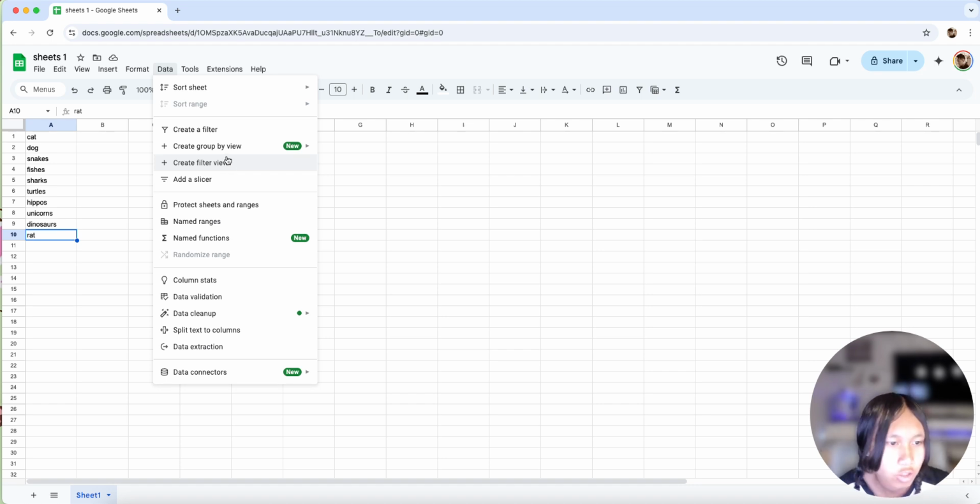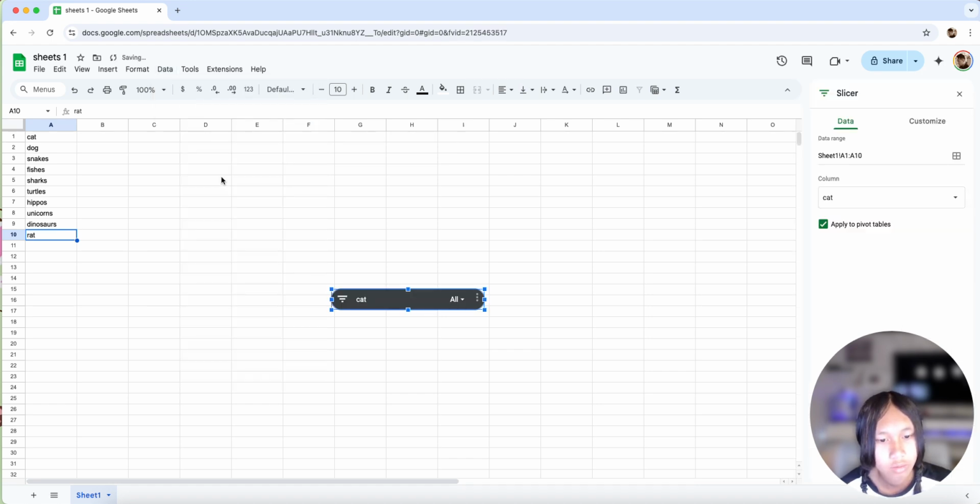So basically I'm going to show you the data part. You could create a group by view, and then you click on the wrap. Which I have it bolded right here in the blue. And then you could protect sheets and ranges, named functions, and then create like a filter. So I'm gonna add a slicer